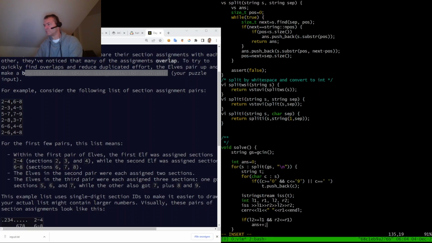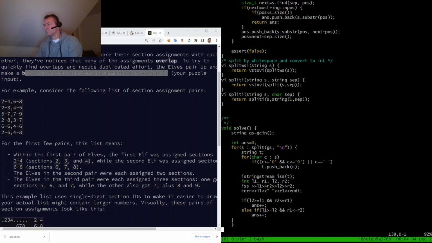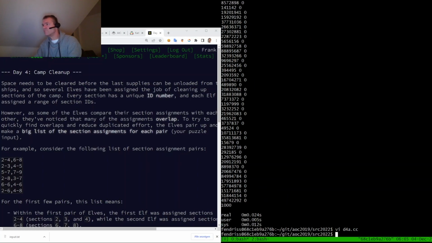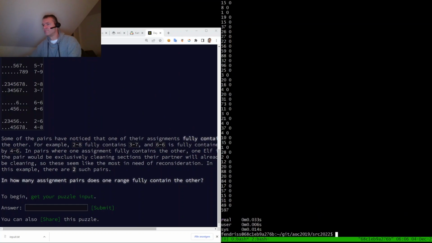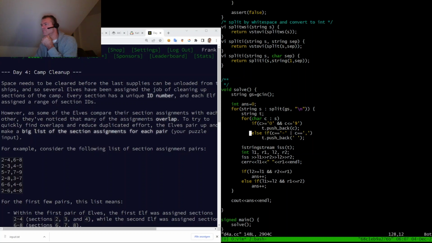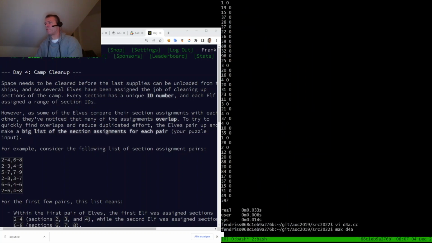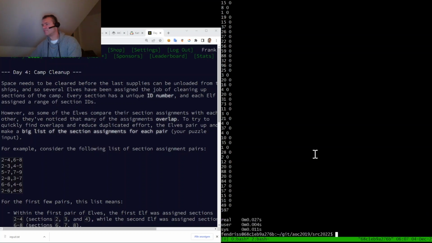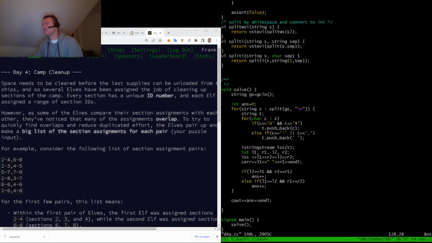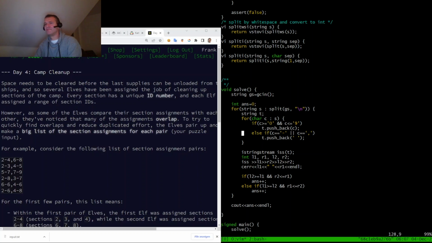Half of the parser is done. I have difficulties implementing my parser correctly here. I'm starting it now for the first time, and